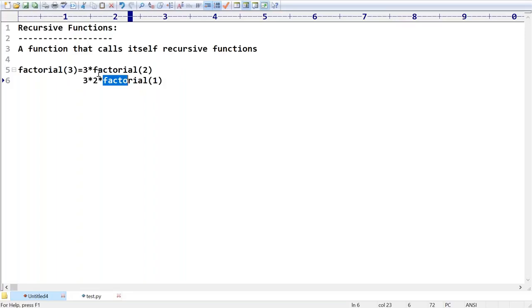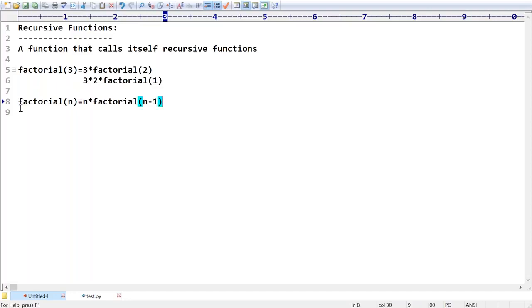If you want to find the factorial value for the given number, within that function you can call the same function itself. What is that? Recursive function. Are you in a position to understand, right? Just observe if I'm writing factorial: factorial of n is equal to n into factorial of n minus 1.